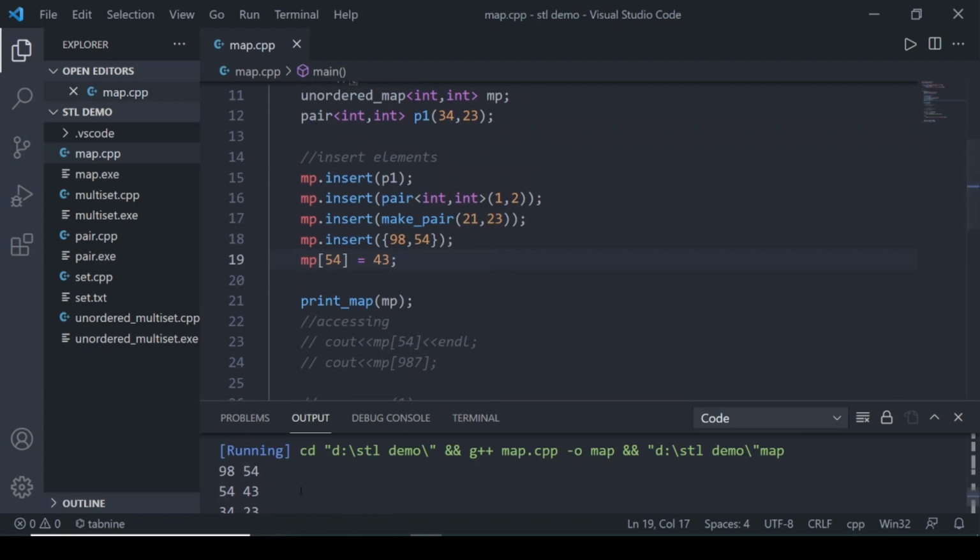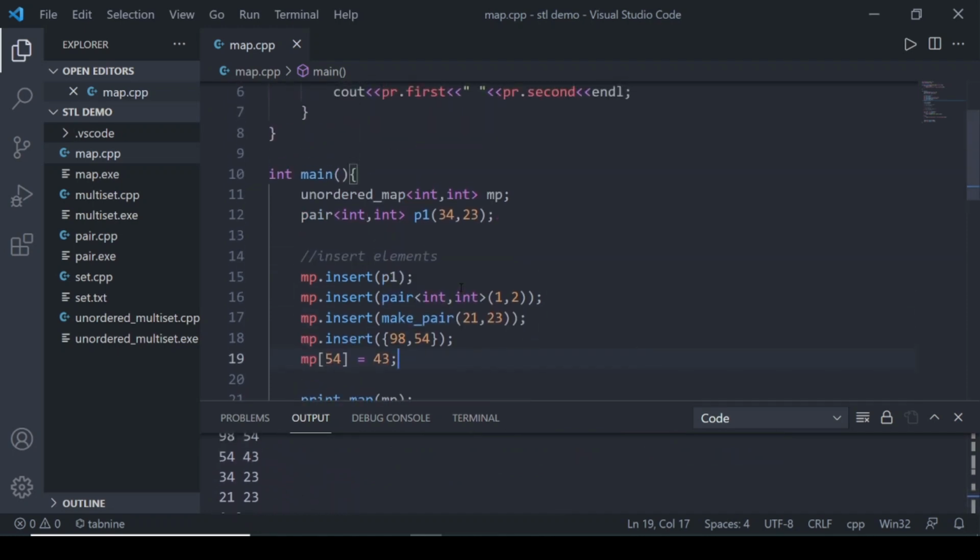So you can see that they are not in the order they were inserted, and it is in the decreasing order because earlier I guess we created the map in the decreasing order.